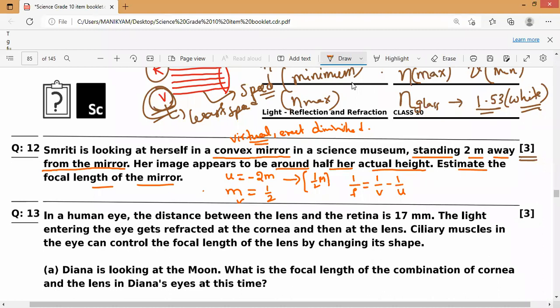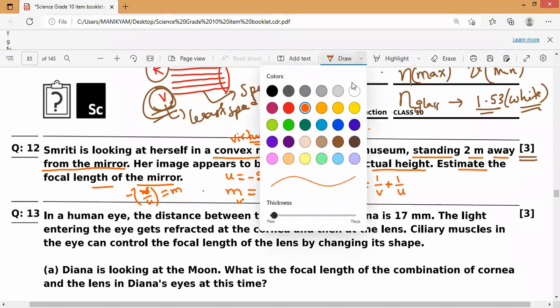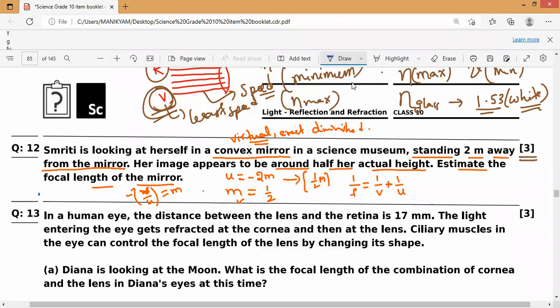Can anybody find the image distance fast and tell me? Magnification means we know the formula: m is equal to minus v by u. Be careful, it is minus of v by u. Solve it in your notebook, marking the question number, page number, and answer alone. Now substitute in the formula. Magnification is 1 by 2, which is equal to minus v